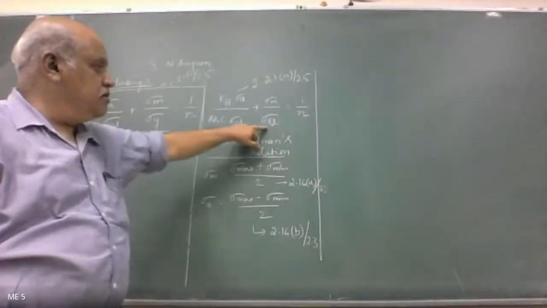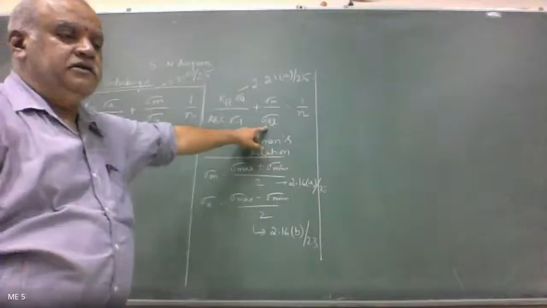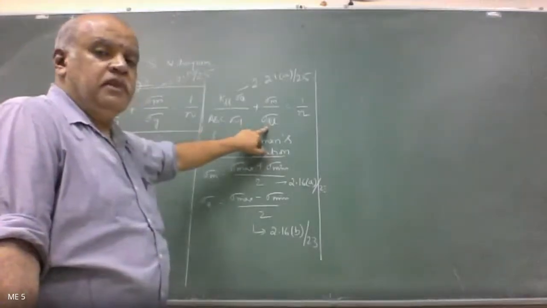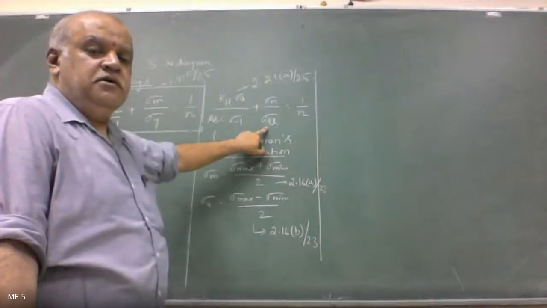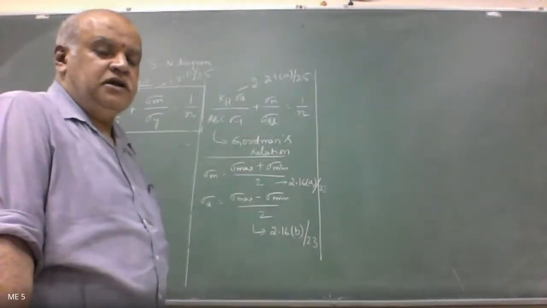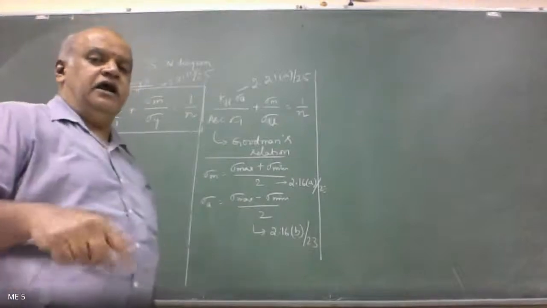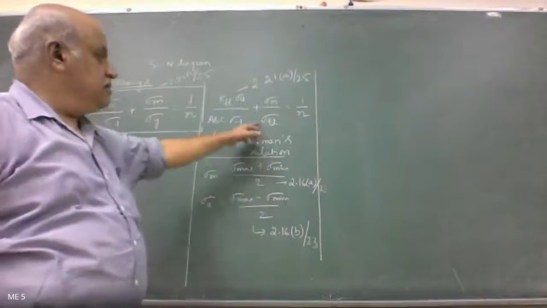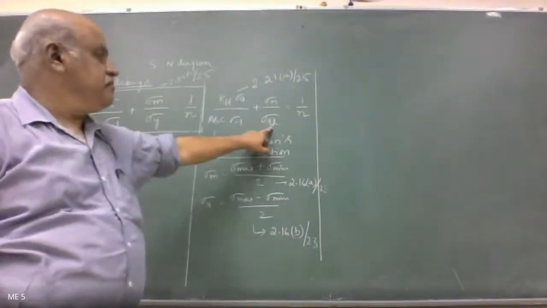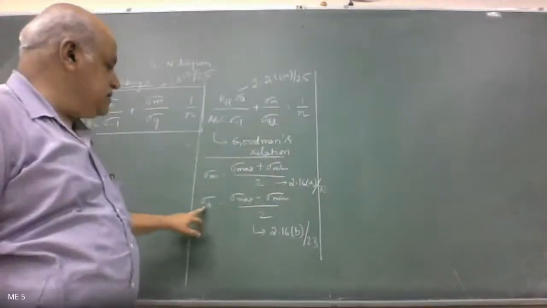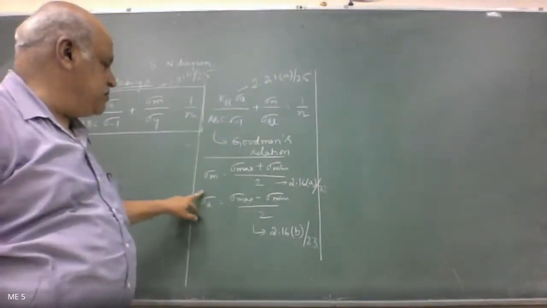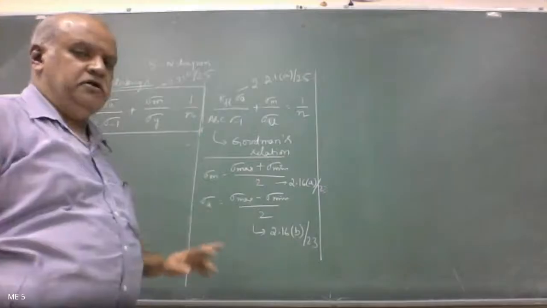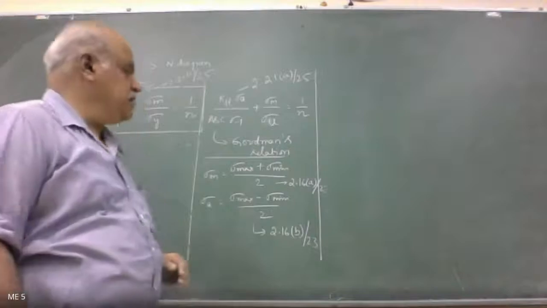What is it that is there in sigma U, sir? Yeah, what is this? Sigma U. What does sigma U stand for? Sigma U means sigma ultimate, that's all, ultimate strength. There are 2 things in the stress strain diagram, one is yield stress, another is ultimate strength, and the third one is fracture strength, correct? So this is the ultimate strength. What is stress amplitude in that case? Stress amplitude is sigma max minus sigma minimum divided by 2.